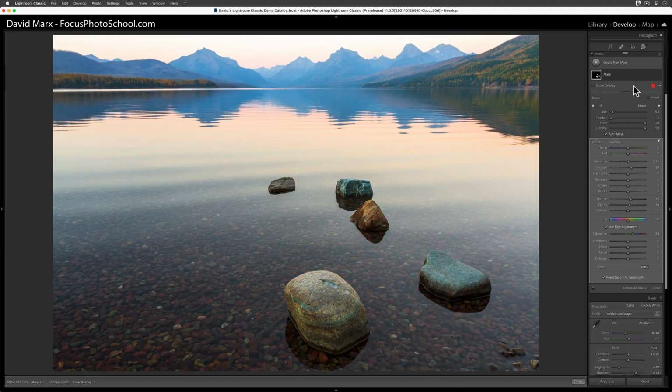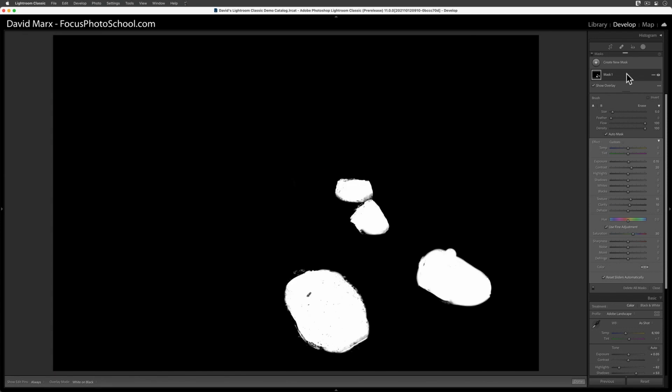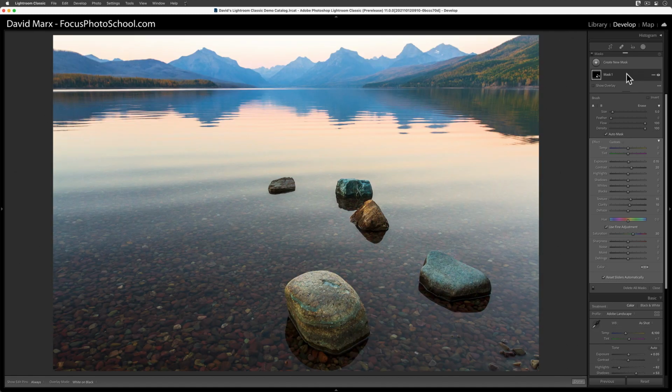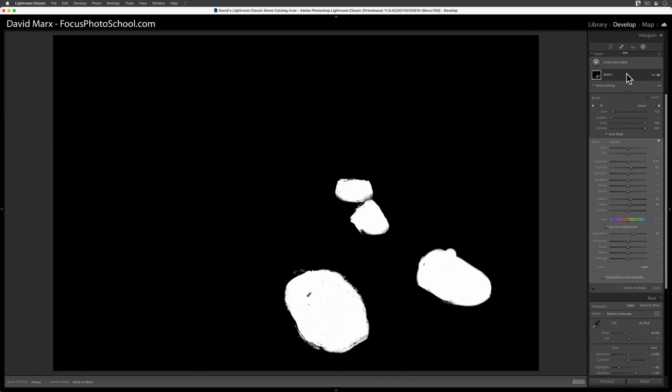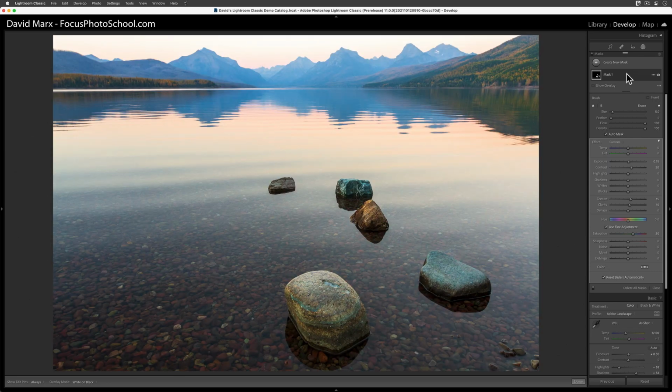I think that what we've covered so far is enough to get you started with the essential concepts that are at the heart of the new masking panel. Obviously, there's a lot more to learn here, but before you go any deeper down this rabbit hole, I urge you to repeat that mantra about white and black 10,000 times. In other videos, I'll dig deeper into all of these other tools and offer lots of advice on mask cleanup. But none of those additional details are nearly as important as the concept that white and black on a mask are the way that we can target changes to a specific region inside of Lightroom Classic.